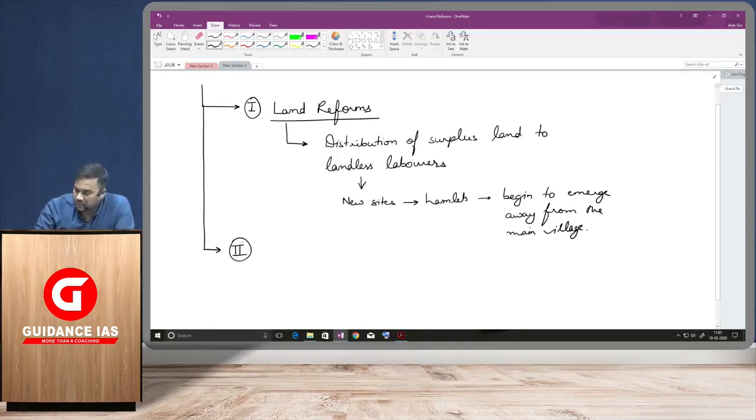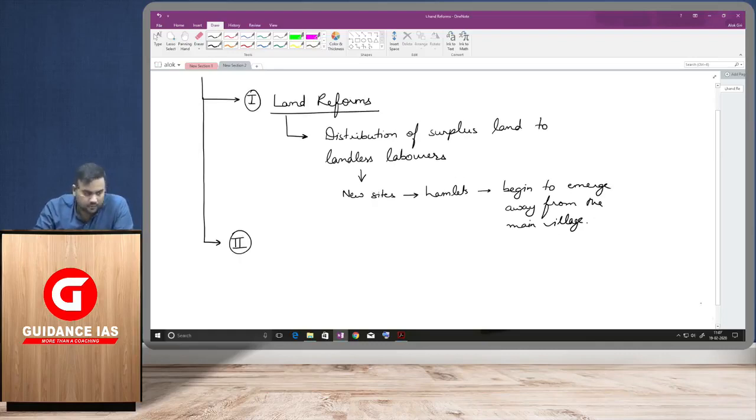So this is one common thing. We just gave the example of Malhor, which is a very good case of this situation. So that is one. Then the second very important thing is